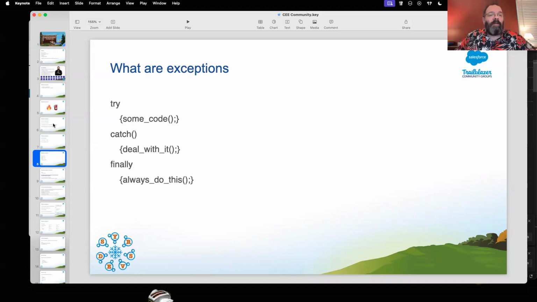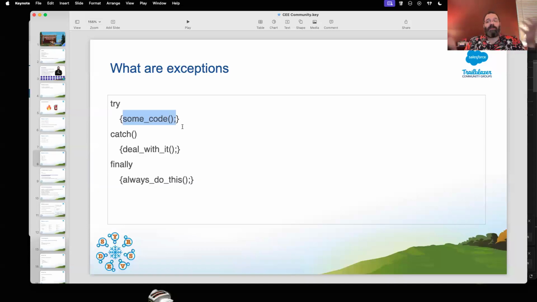And this is the nature of what exception handling looks like in code. Try, catch, and a finally block. That's it. This is exceptions. You try to execute some code. This is the code you're trying to execute. You're literally saying, please try to run this. And if something goes wrong, that's what the catch does. The catch says, ooh, something went wrong. And now you have code inside this whole block to deal with whatever went wrong.